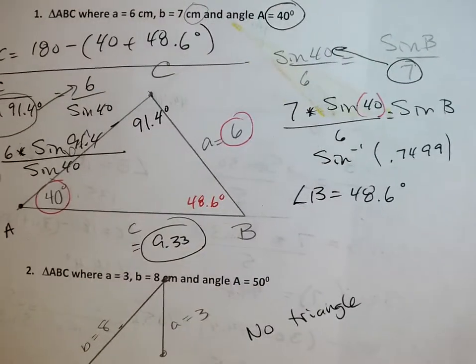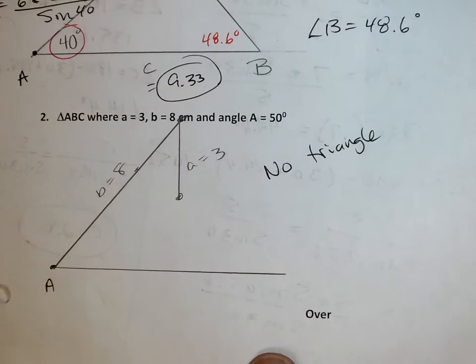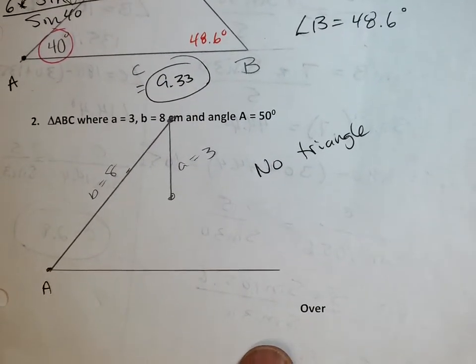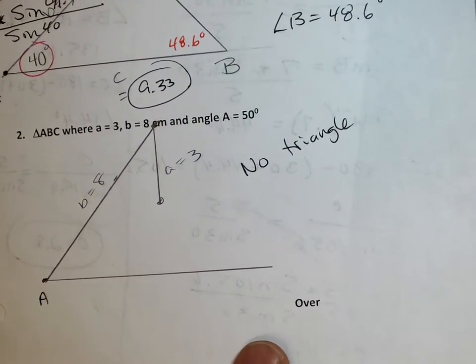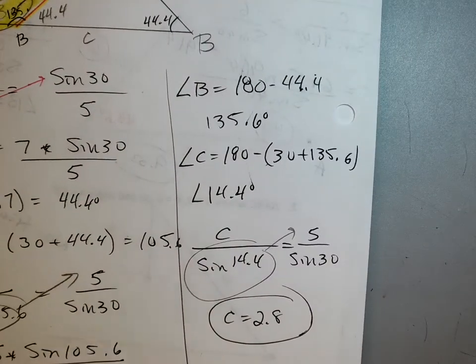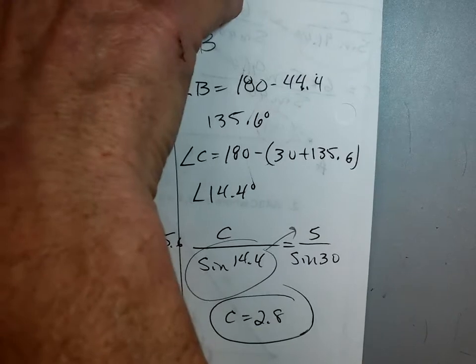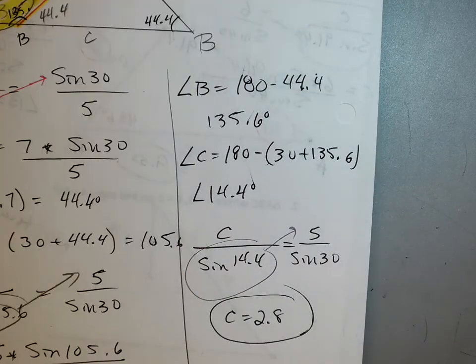Okay, so finally, when you get side-side angle, there's a possibility of one triangle that we can solve for with the law of sines. There's even the possibility of no triangles, but the only way you're going to know is to draw these, right? The only way you're going to know is to draw these to scale. Or there's a possibility of having two separate triangles, and this one's a little bit harder to solve. Okay? All right, now, let's